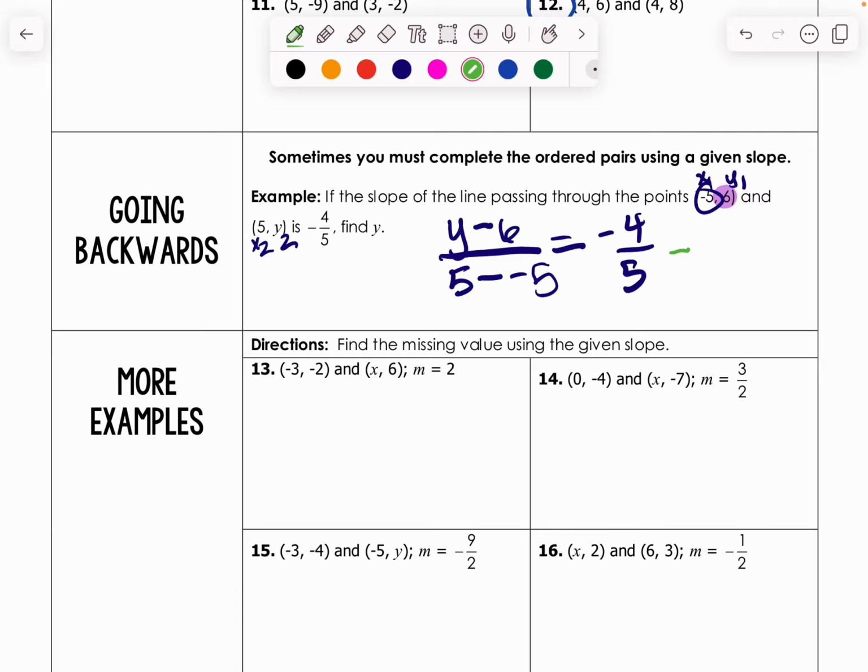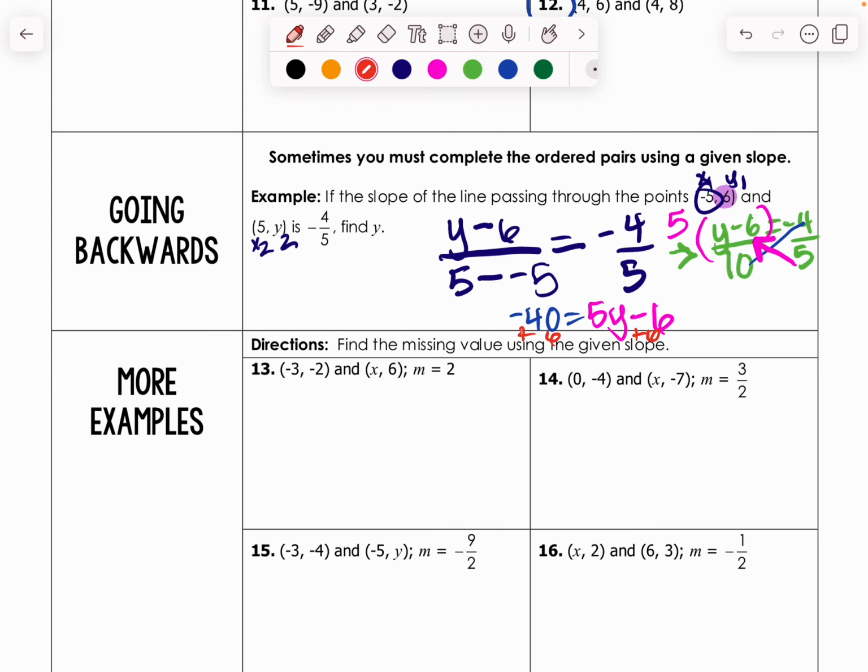So now we have to go and rewrite this by simplifying. So y minus 6 equals -4 over 5 all over 10. Okay. Now to find y, I'm going to cross multiply. So I'm going to get -40 equals, we are going to distribute the 5 into the y minus 6. So 5y minus 6. Now it is just about solving. So I'm going to add 6,